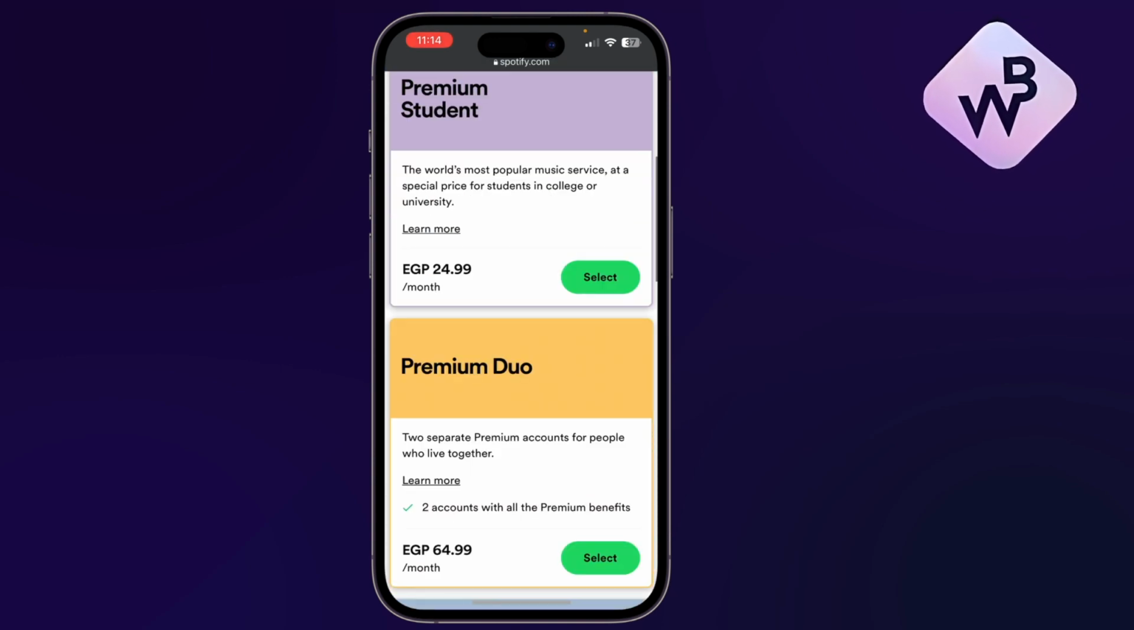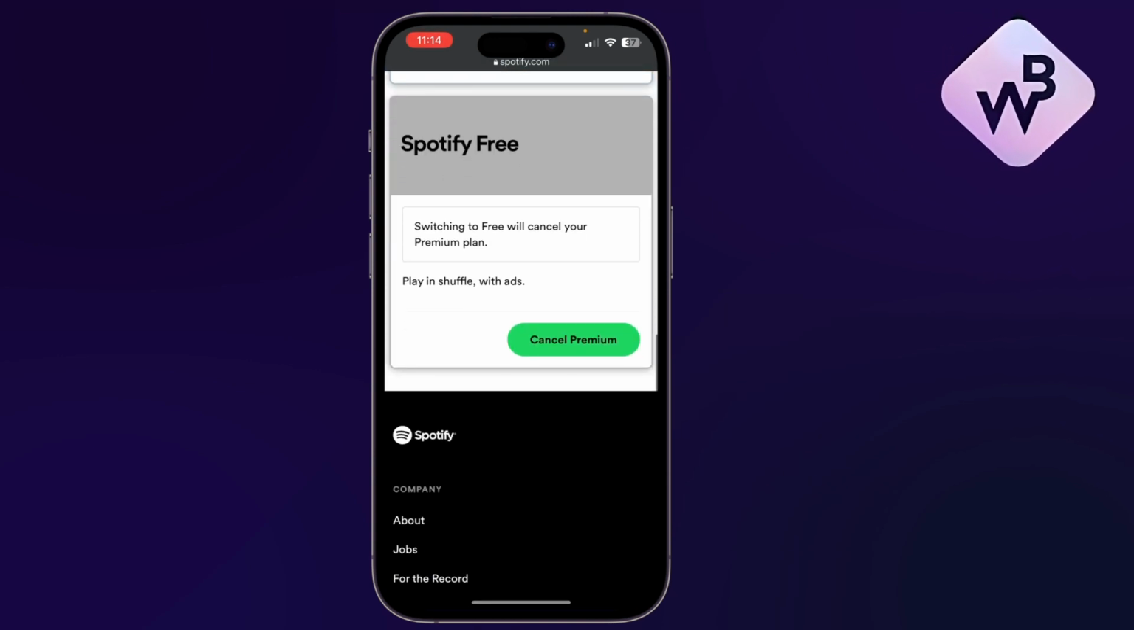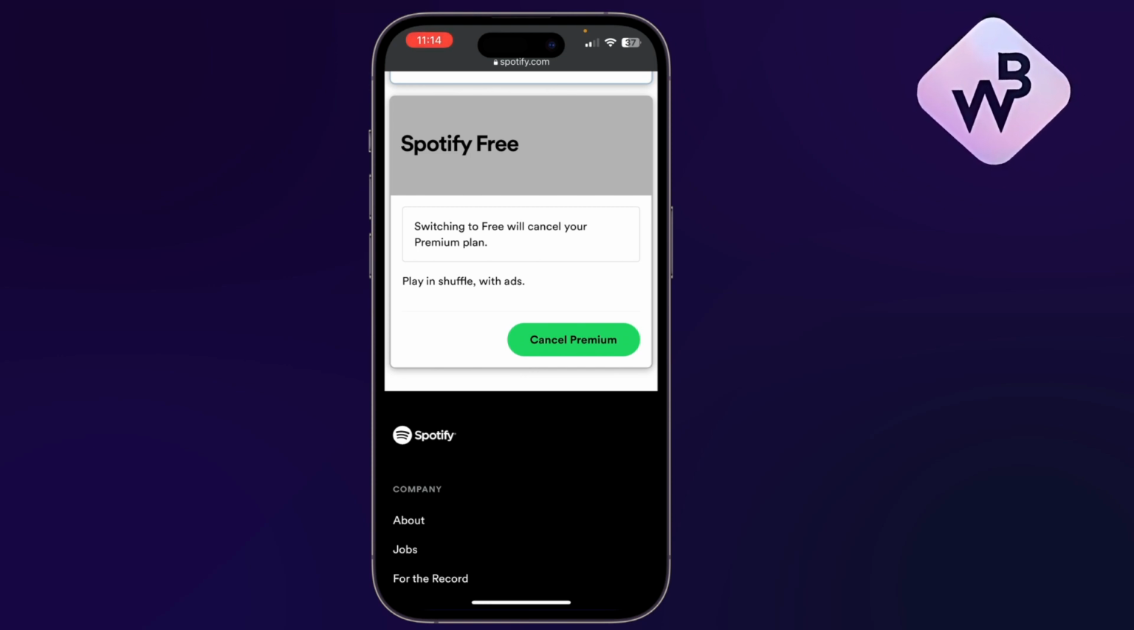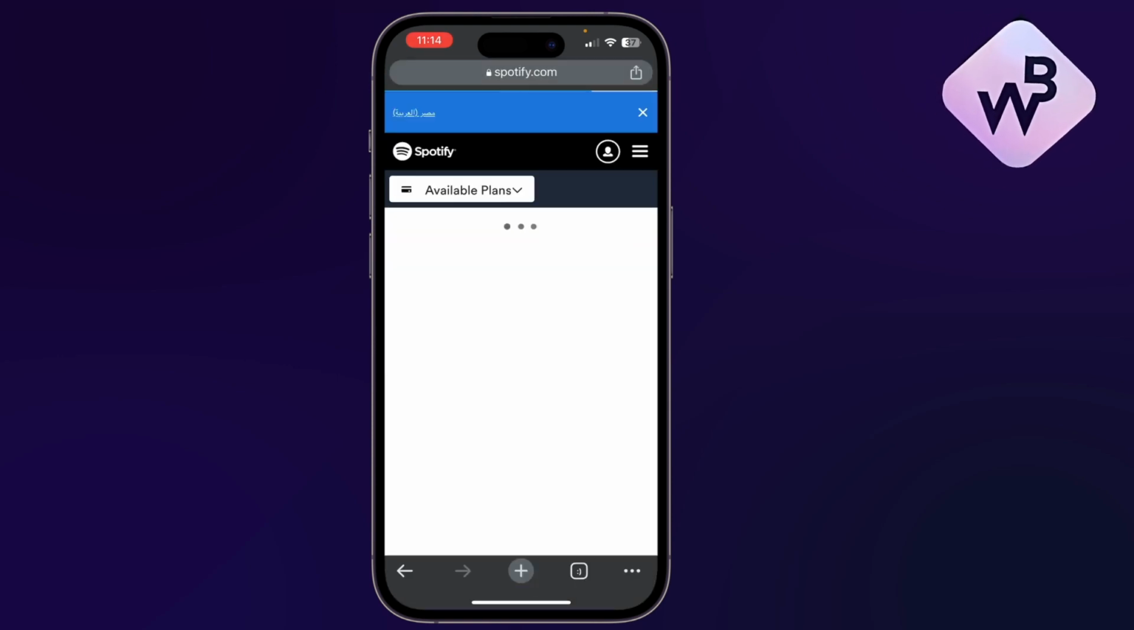And if I scroll down to the very bottom, I'll see the option for Spotify free. That means I can cancel my premium subscription. And here the option says cancel premium. If I choose it,